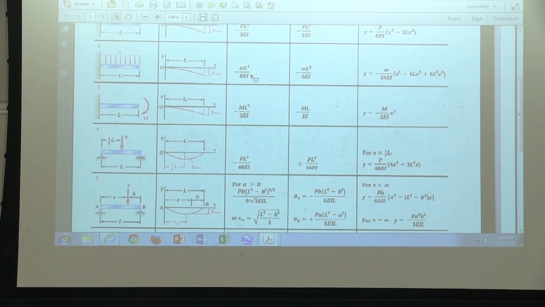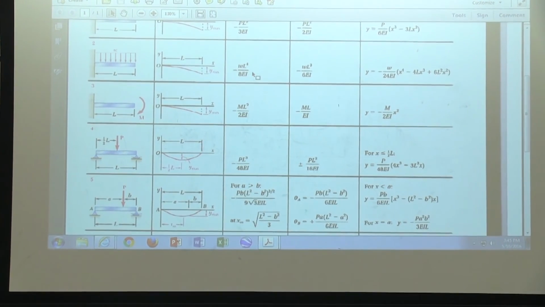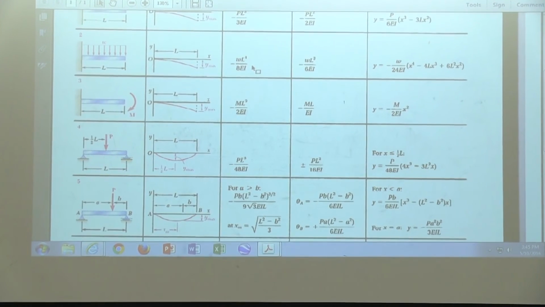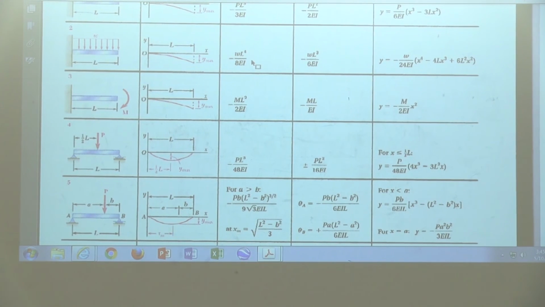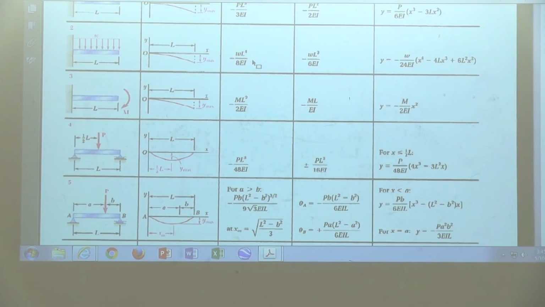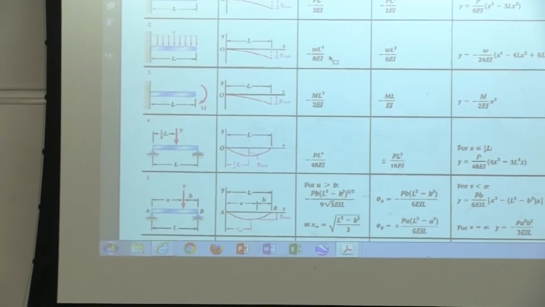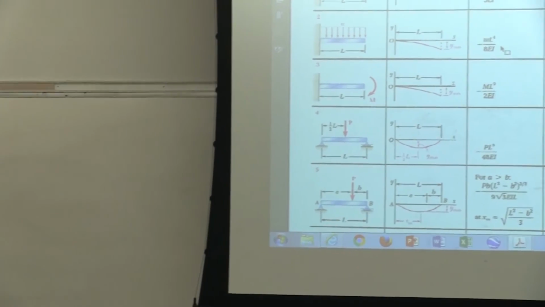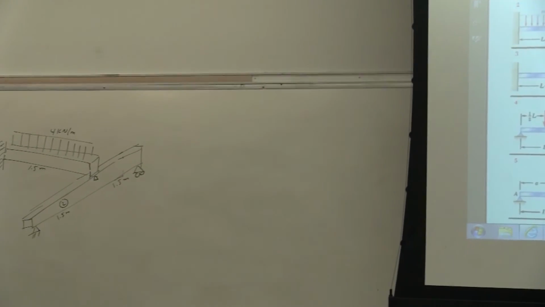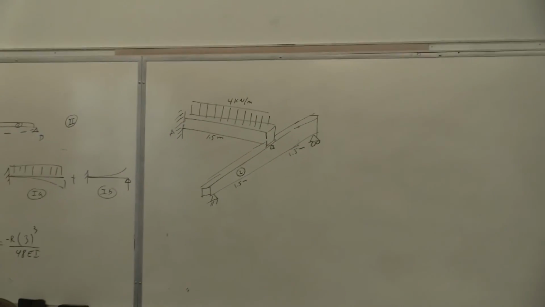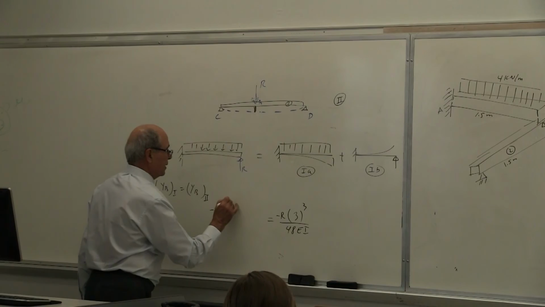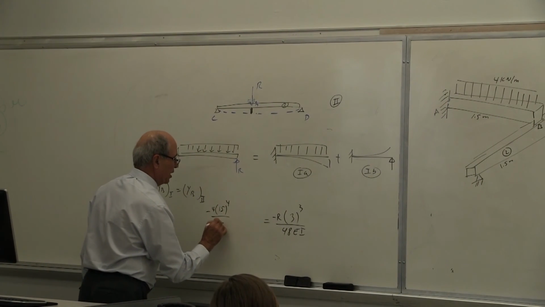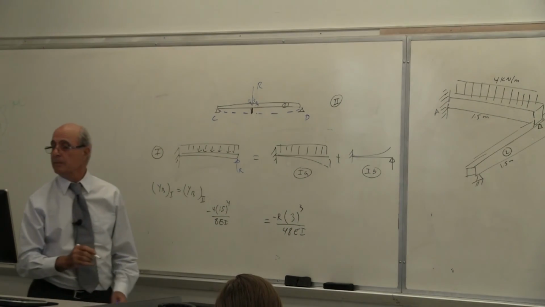And how much W do we have? This much, yes or no? Minus W L to the fourth over 8 EI. So minus W is going down. Okay, minus W. W was how much? 4 kilonewton. Let me look here, so I have it here. L to the fourth, what's L for this one? L for this one is 1.5, so you have to be careful here. 1.5 to the power of 4 divided by 8 EI, correct? 8 EI. Yes, 8 EI.